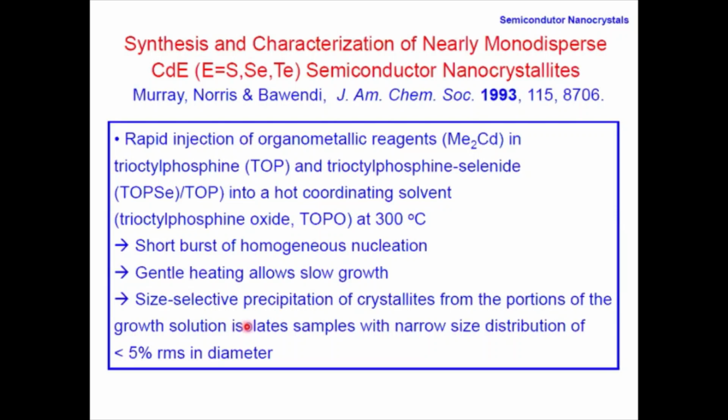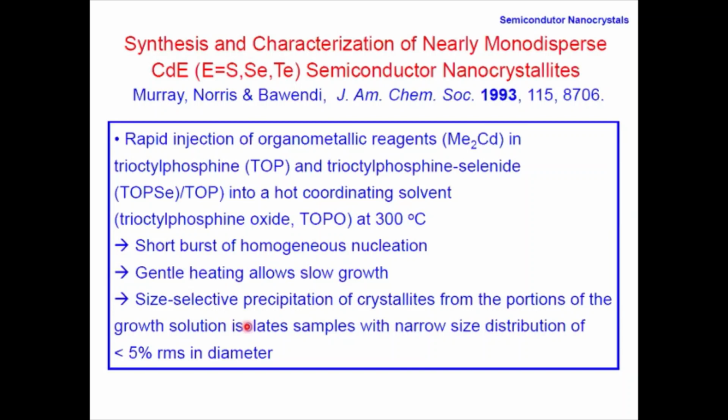They used a rapid injection process, using trioctyl phosphine or trioctyl phosphine selenide as coordinating solvents or surfactants. And this wet chemical process, I need to explain later in the subsequent slides, uses